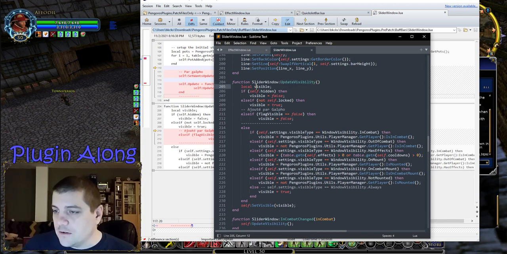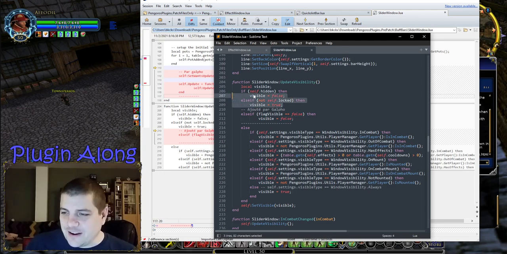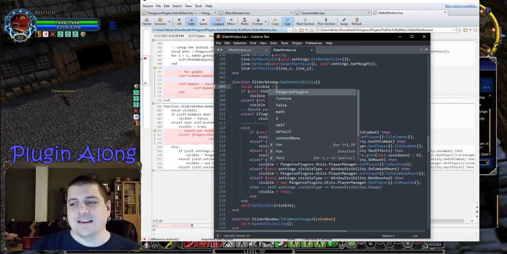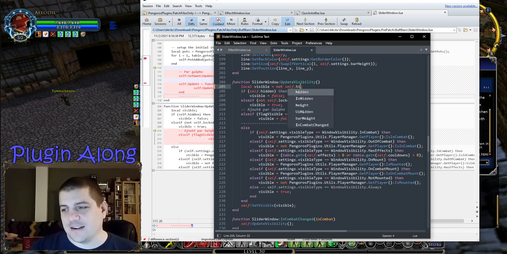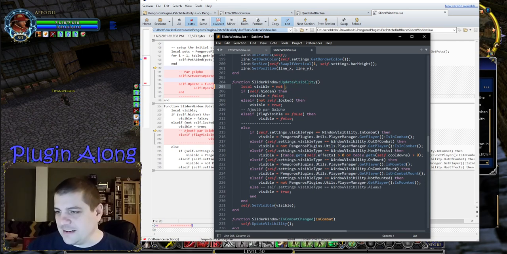Okay, so local visible. If self.hidden, then visible equals false. Oh my goodness, this is another one. We're trying to capture the state of self.hidden, and this could just be equals not self.hidden, right? Just whatever the opposite of that. Oh well, it's fine. It's one of those things. It's like we could do that differently. So visible equals false, visible equals true. Okay, and then